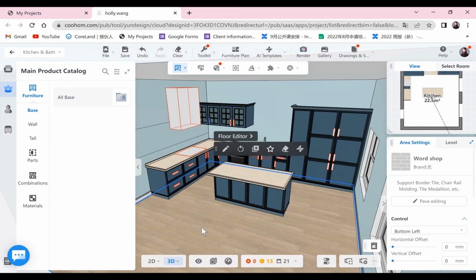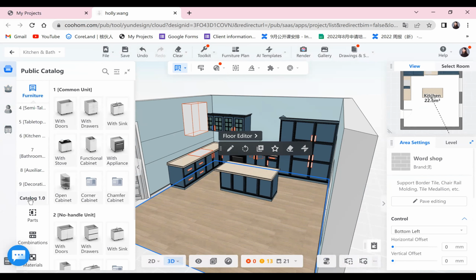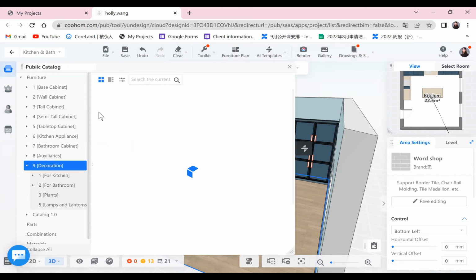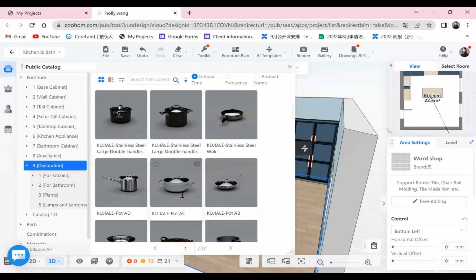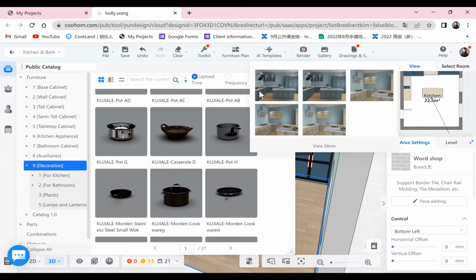The last thing to do is to add some decoration. For the decoration, you can directly go to number 9, decorations, right? So you can choose everything from here, all the things you need, drag and drop them on the countertop or inside of the cabinet. But as you see, these things are actually very small. So if you drag and drop them one by one, that may take you a long time to adjust the position. And the easy way, you can use